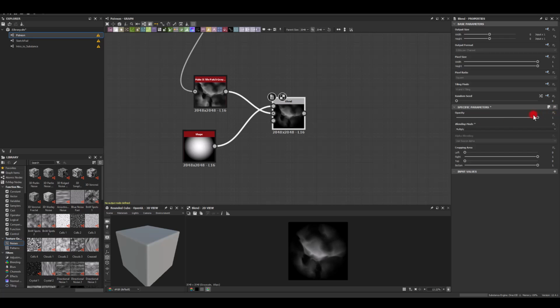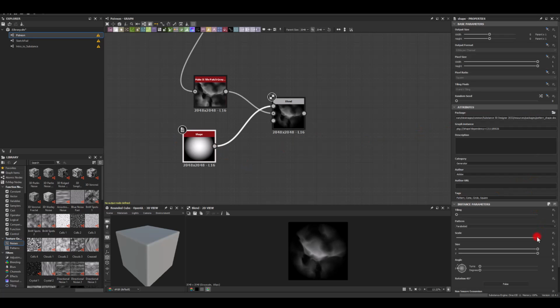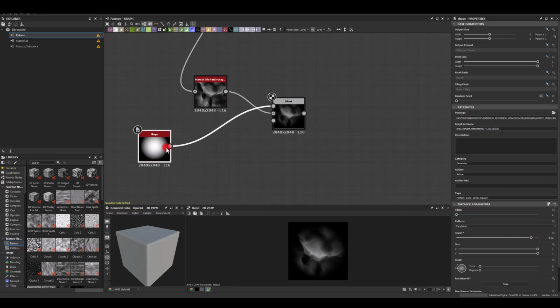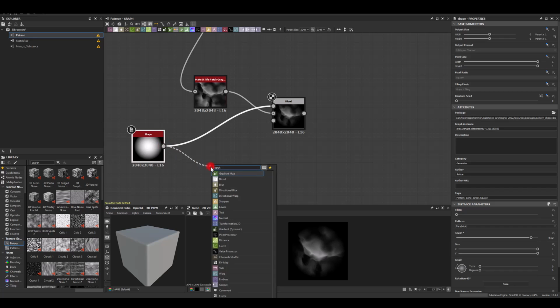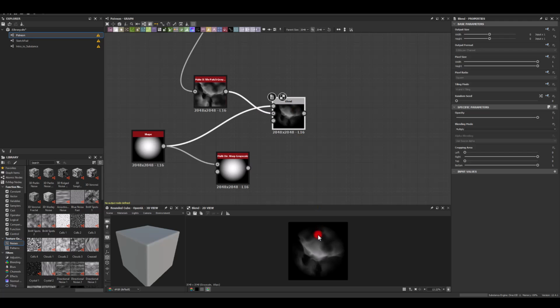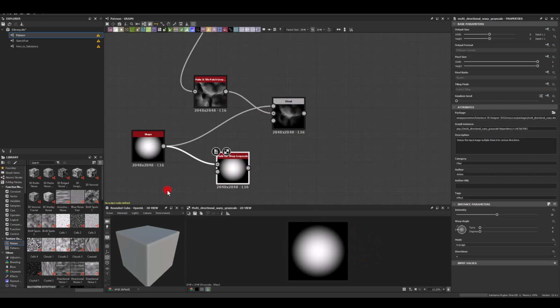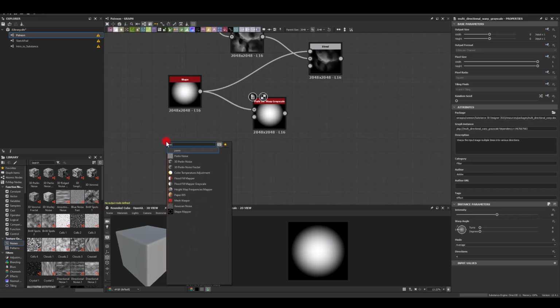So I definitely need this to be on 100%. I'm gonna scale the circle just a bit down, like this, and also I can warp it slightly so I can avoid having this circle shape, which is very visible here. Okay, so here I'm gonna get Perlin noise,